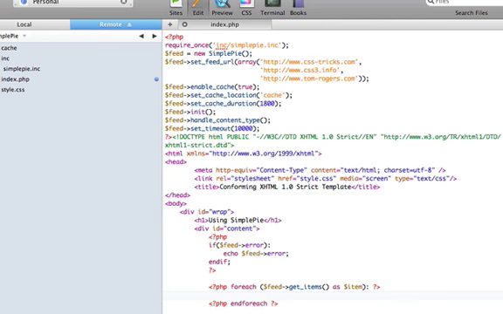So let's say for each item we want to get the entire content. So we just want to make paragraph text and say